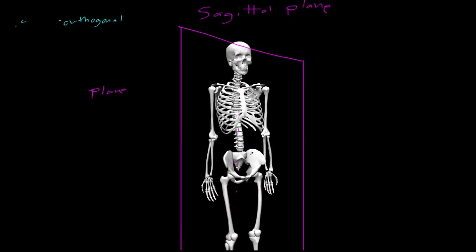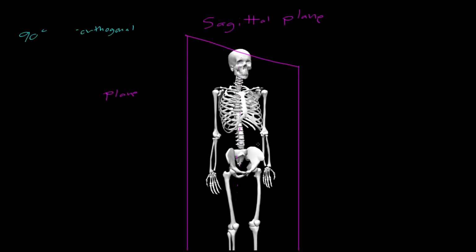It's cutting like that. The next plane I want to talk about is going to be at a 90-degree angle to this plane, kind of like this. So you could imagine taking a right angle coming off like this. This plane is going to cut through the body like this. It's going to be a horizontal cut like that. And of course, these would intersect like that. So this plane,